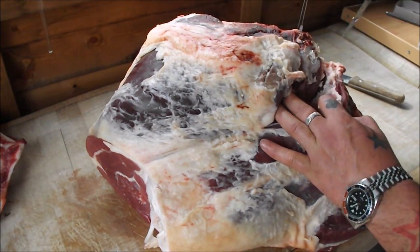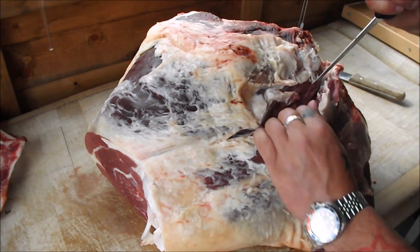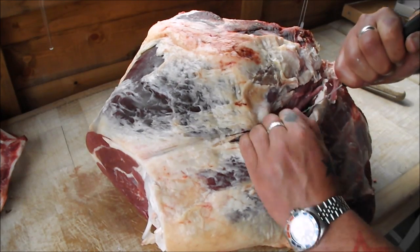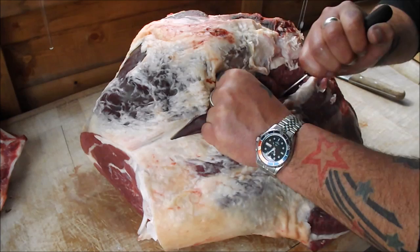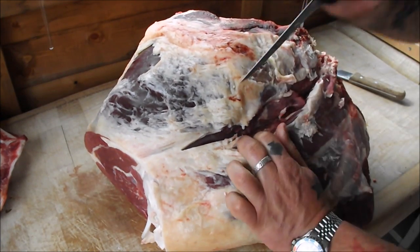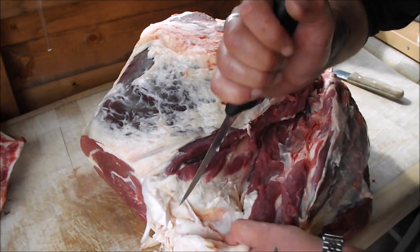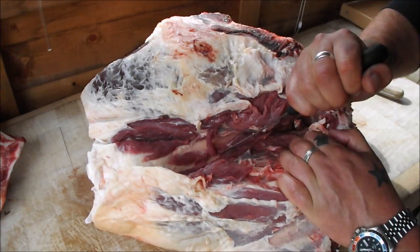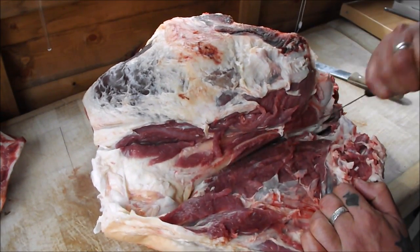And you're exposing the natural seam to the actual femur, the big bone that runs through the whole of this set of muscle. So what I've done then, I've just loosened it around from the bone, and I've traced it along the bone, you can see in there. And what I'm going to do